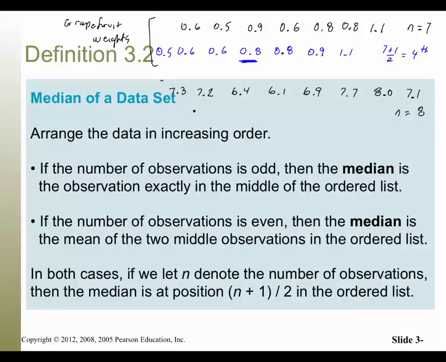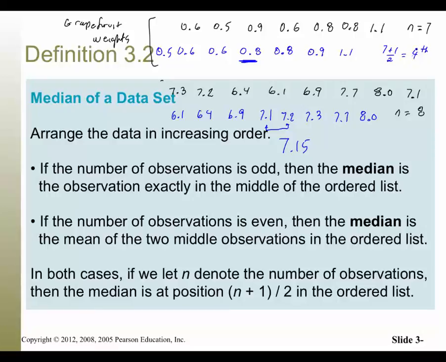And what did you get? So the 2 middle ones are? 7.1, 7.2. So therefore the median is the average of those 2. So it equals